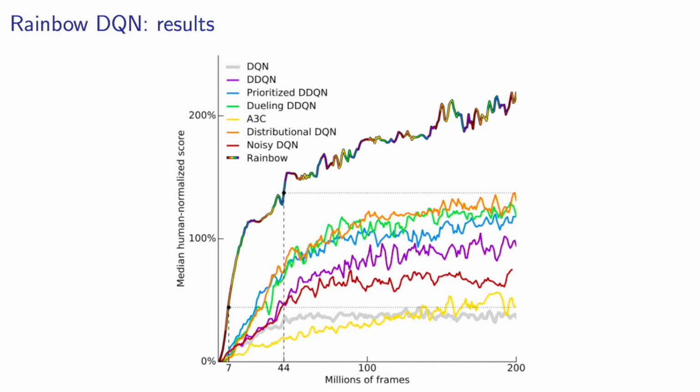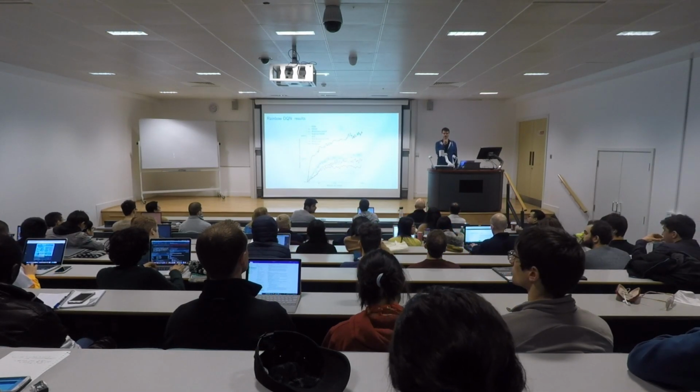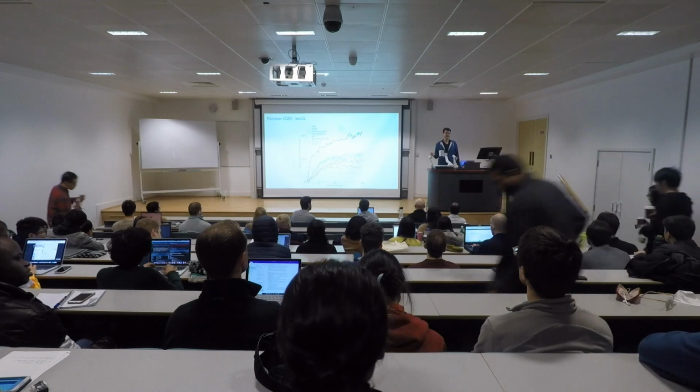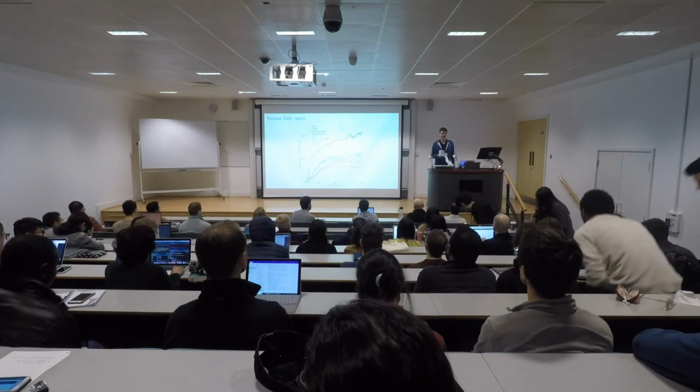Because otherwise the scores of the different games are actually very variable. Some games have scores in the millions. Some games have scores in the single digits. And then it's hard to combine these things. So instead what we'll do is we'll rely on this human tester to give us an appropriate scale. So what that means is if in a specific game you get 100%, that means you did as well as that tester. It doesn't mean it's the best possible or anything. In some games it is. I mean, on something like the game of Pong, that's not a very hard game. So you're pretty much almost optimal if you played it for a while.